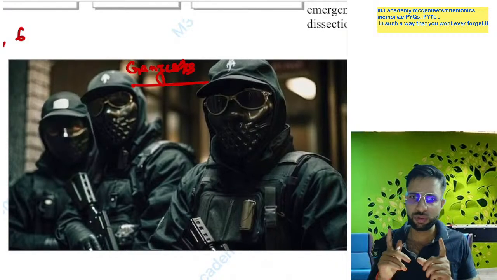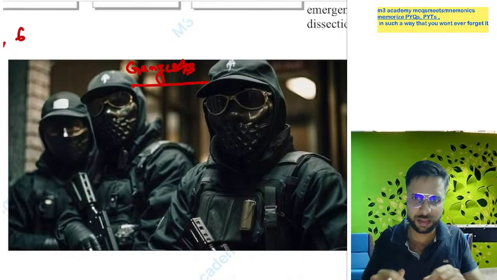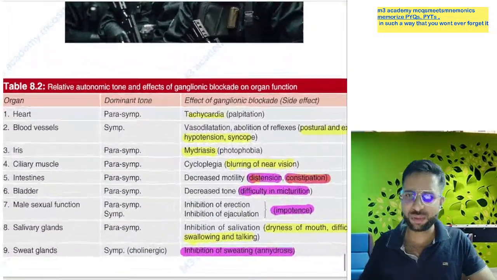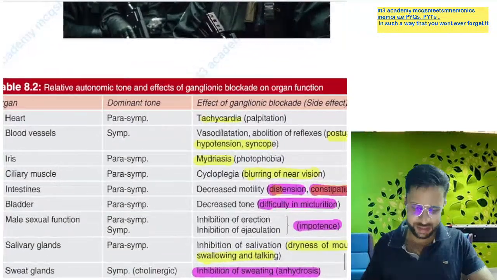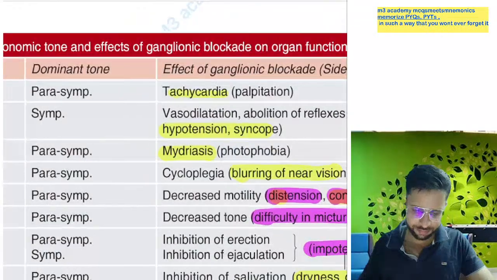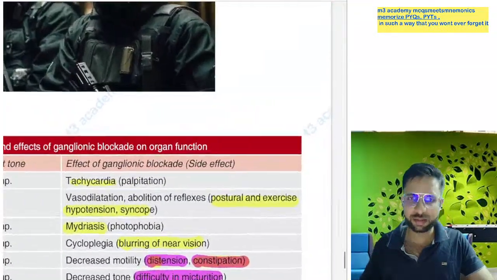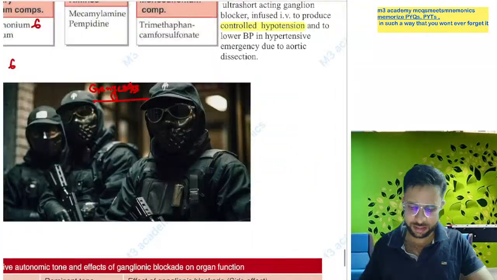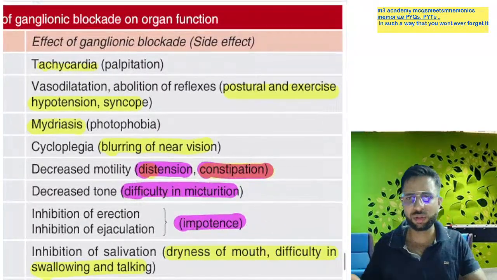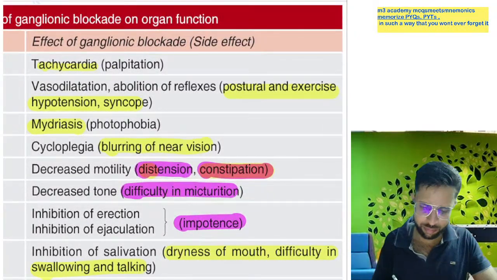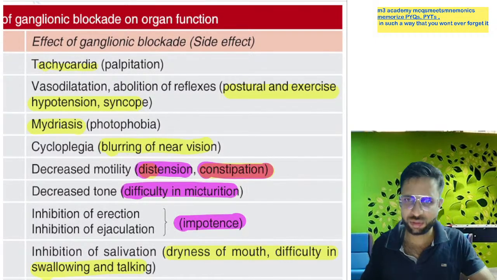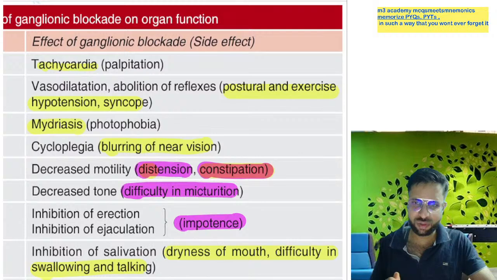So when you see any gangster, any terrorist, you can easily assume what is happening to you. Your heart has tachycardia. While seeing this gangster or terrorist, your heart gets tachycardia. You may get syncope, hypotension, your eyes become dilated, mydriasis,